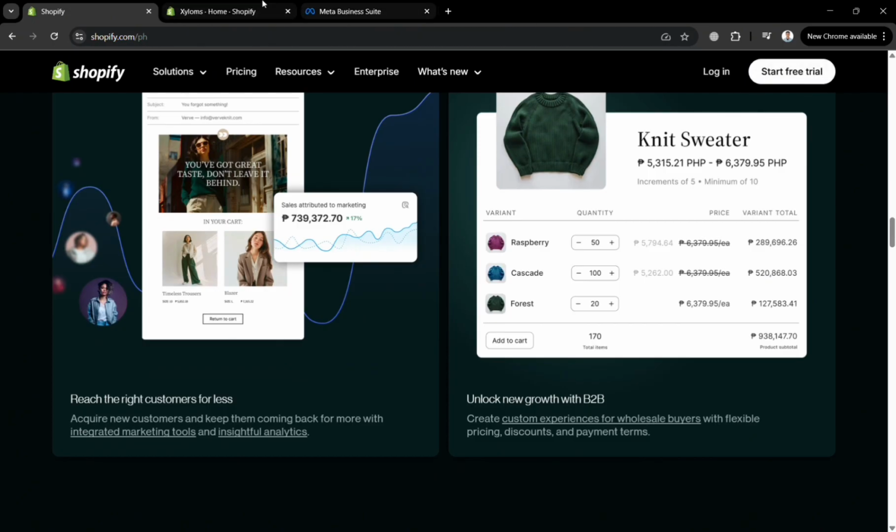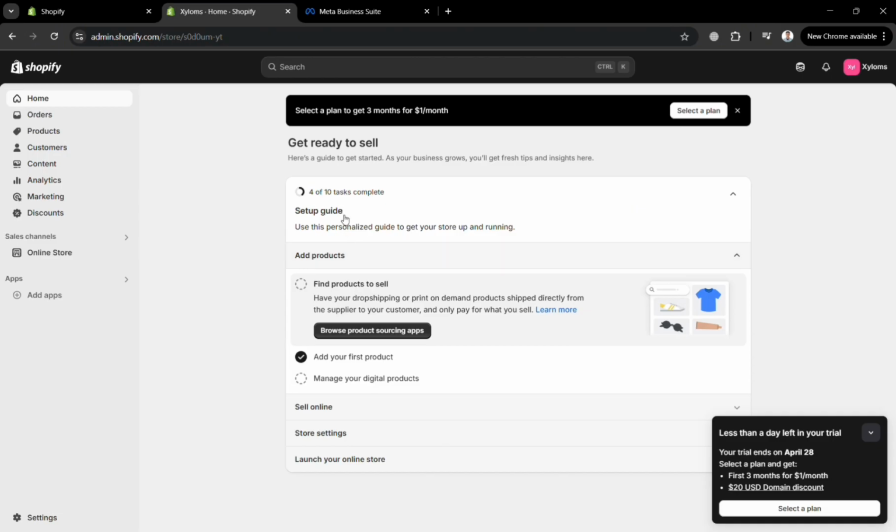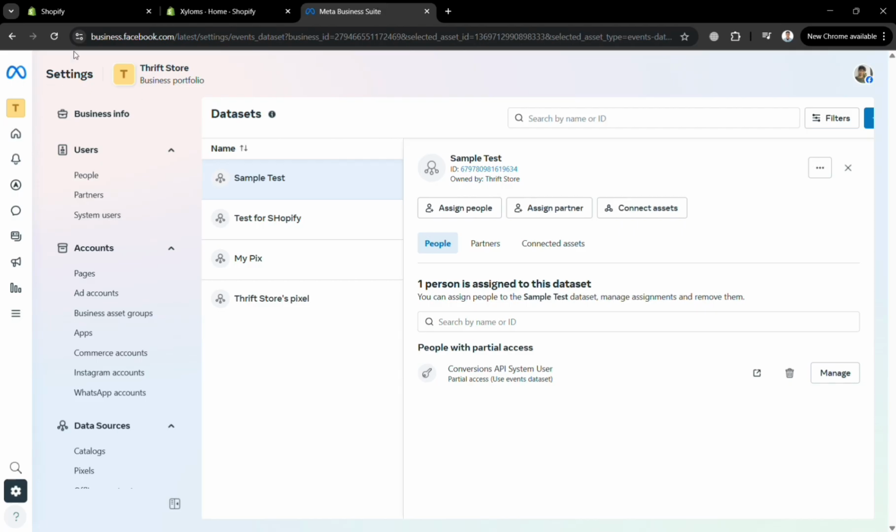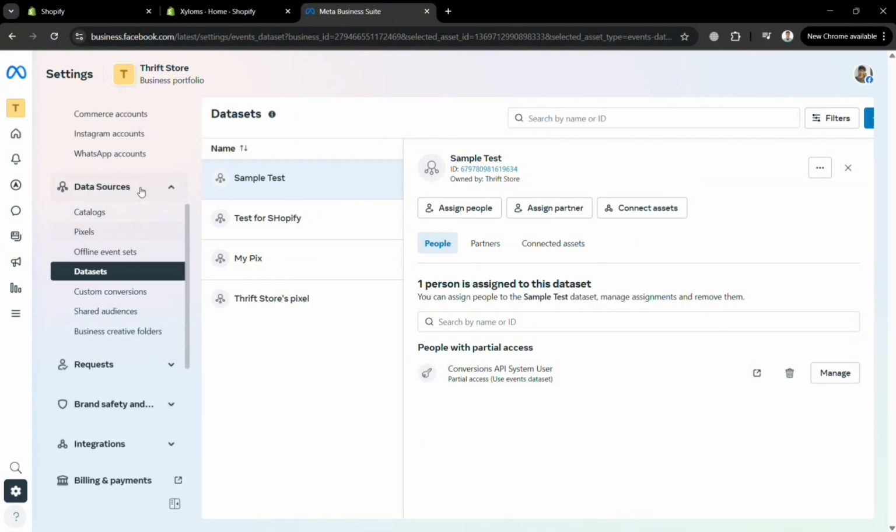into one platform. So now, to create an account, you can click the Start Free Trial button on the top right. After signing in, you will be directed to this homepage. To start setting up your Facebook conversion tracking, just simply go to business.facebook.com/settings, and on the left side panel, just click this Data Sources, and after that, just click this Data Sets, in which to start creating a new pixel, just click on the top right corner of